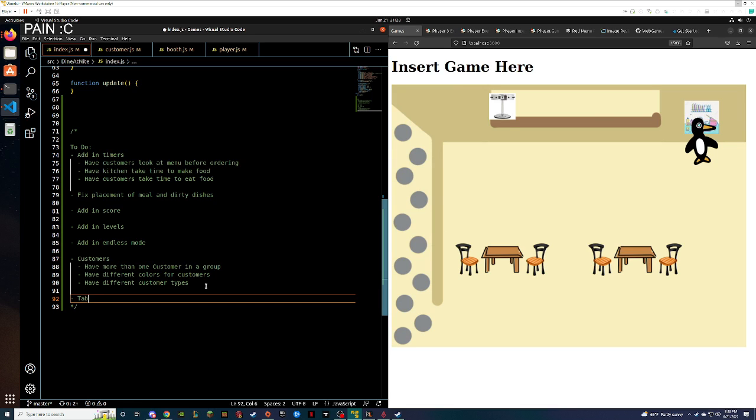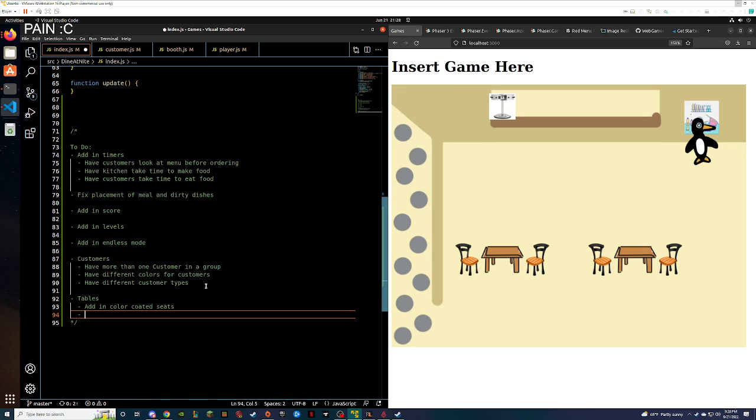So for tables, add in color-coded seats, add in score multiplier for same colors. Have bigger colors.